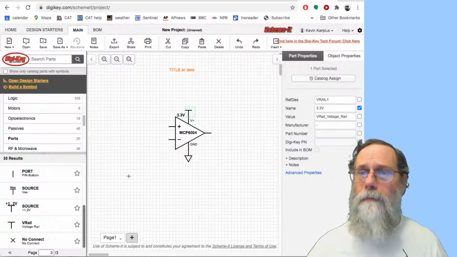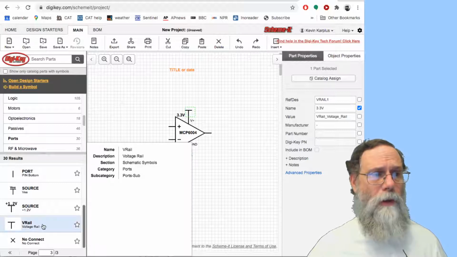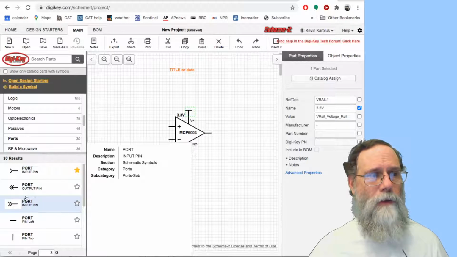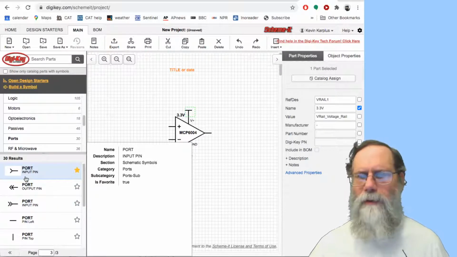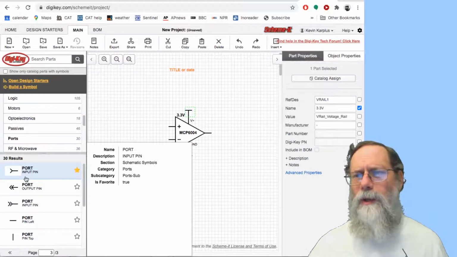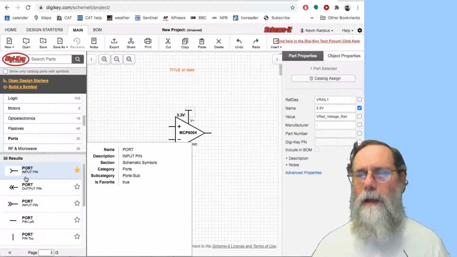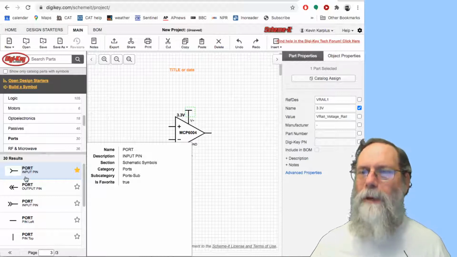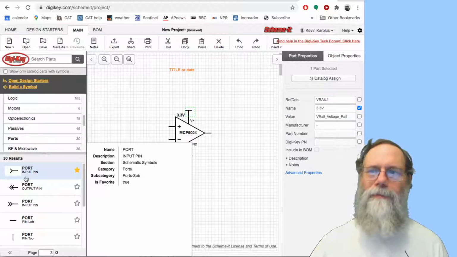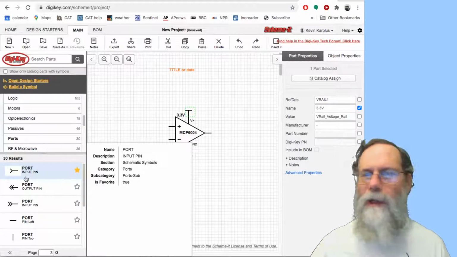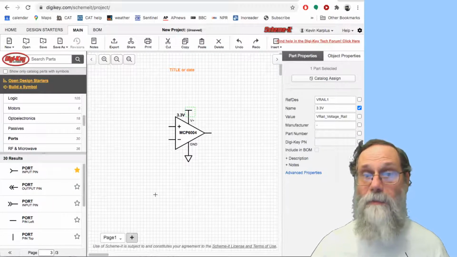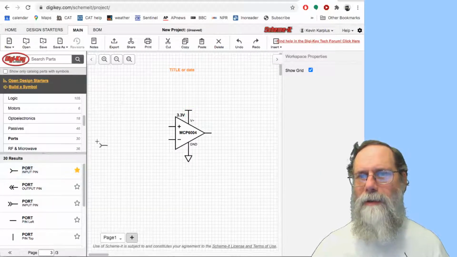Okay, now I had some other ports. What other ports did I have? Well, I had inputs and outputs. And notice that there are the double arrow ones and the single arrow ones. I only ever use the single arrow ones. The double arrow ones sometimes get used when you've got a multi-page schematic and this is going outside the multi-page schematic, whereas the single one is a connection within the multi-page one. You're not going to be doing multi-page schematics very much. All your stuff is going to be one system,